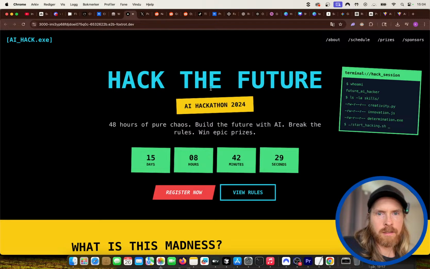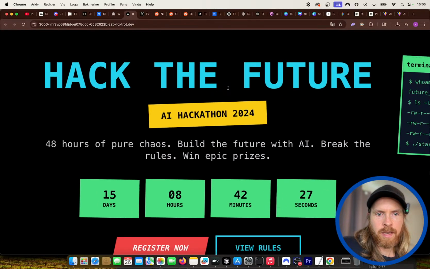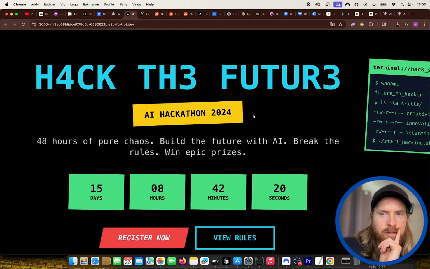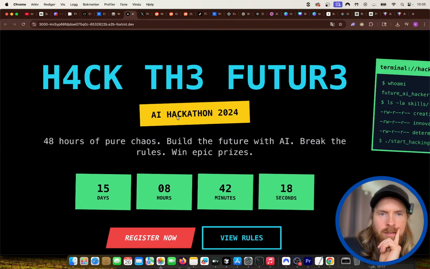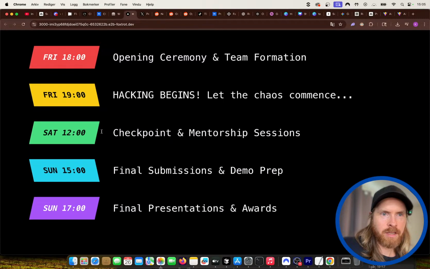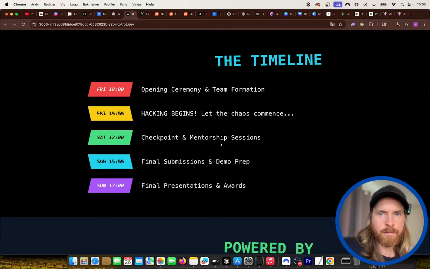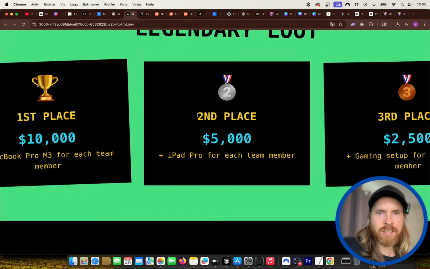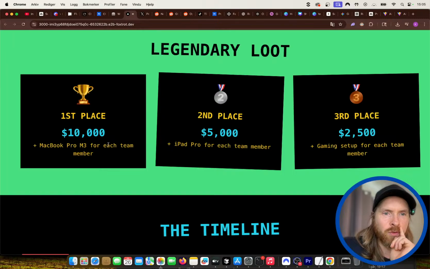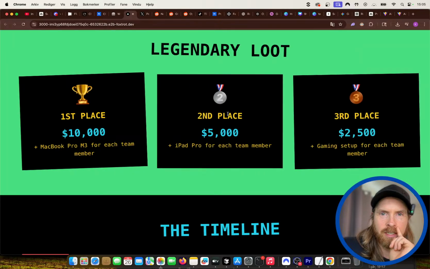Okay, this was pretty neat. So we have the countdown, 15 days, AI hackathon. I like this. The timeline, pretty good. Legendary loot. A MacBook M3 for each team member.